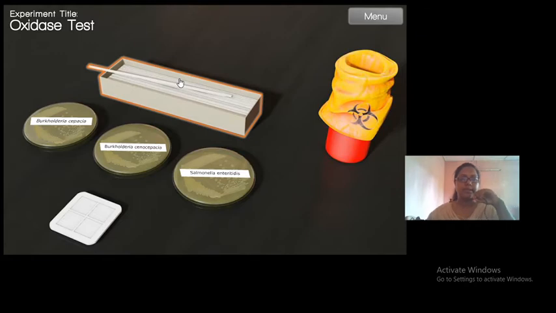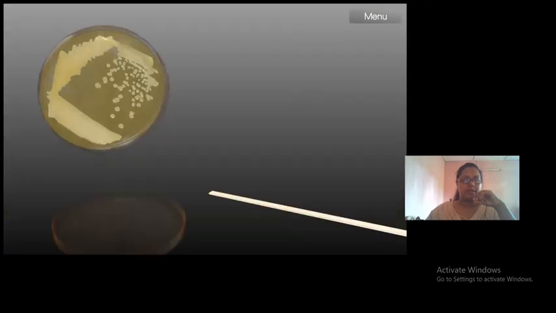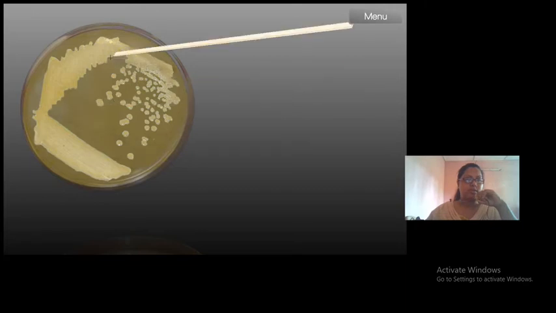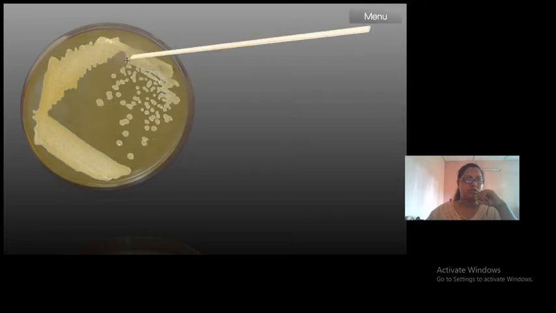So let's start. First I'm going to pick up a stick from here. The plastic stick is here. Now let's start with Salmonella enteritis. Click here. Now you can see the growth of the organism on the culture plate. This area has confluent growth. Confluent growth means the colonies are not separated from each other; they are all touching each other. This is where you will find the isolated colonies.